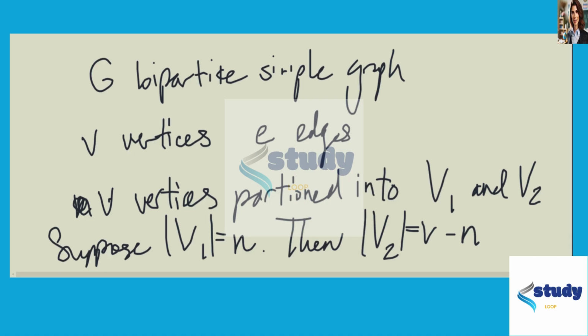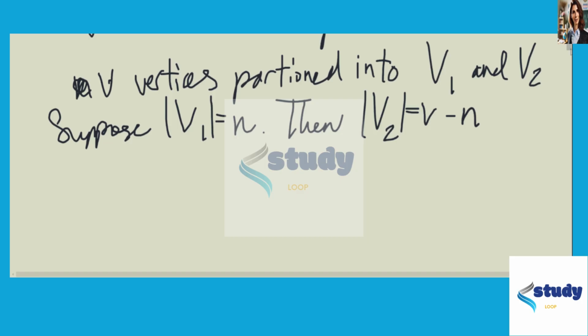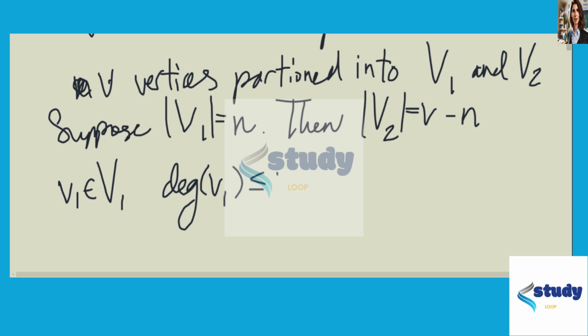And we have that every vertex in the set V1 can only connect with vertices in V2, and vice versa. So it follows that if v lies in set V1, then the degree of v must be less than or equal to V minus n, and there are n vertices in V1,